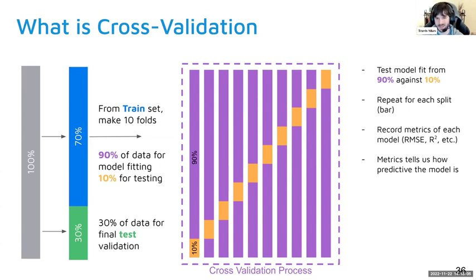But in reality, that's not how this works. We're doing it shuffled, so that you can imagine little bars going up and down these lines, though they don't necessarily correspond. So what we do is, for each one of these purple bars, we go through and fit a model, and then see how well that model predicts on that 10%.